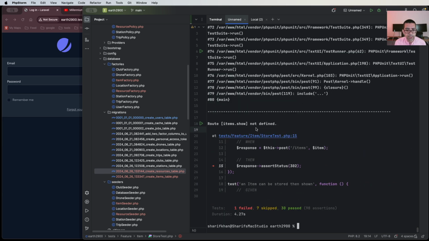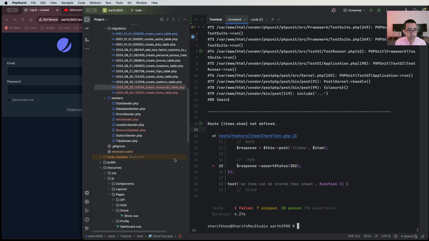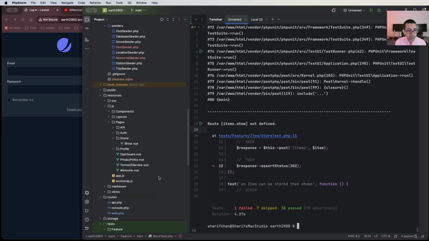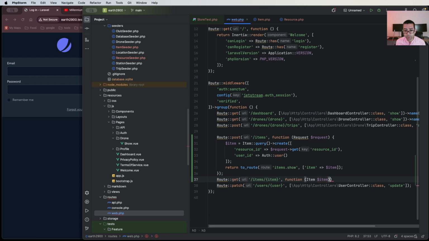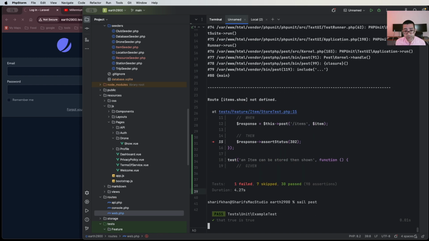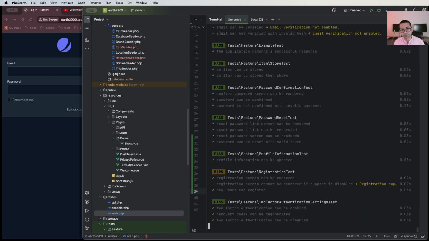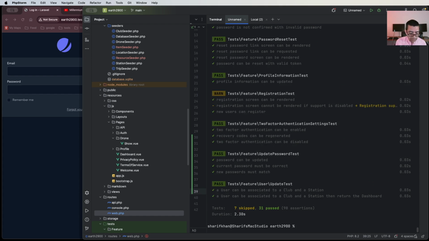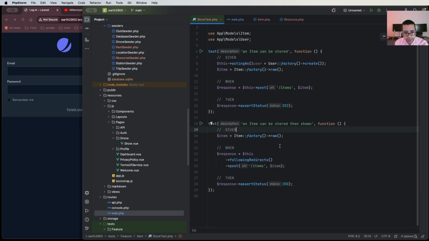So route items.show not defined. No, we got a different error, but we need to create that route. So let's go to the web file. Okay, so again, we're using route model binding. We've created the route. Let's run the test. All right, test pass. We've got it to pass the test, but we've not obviously confirmed it's created anything, but